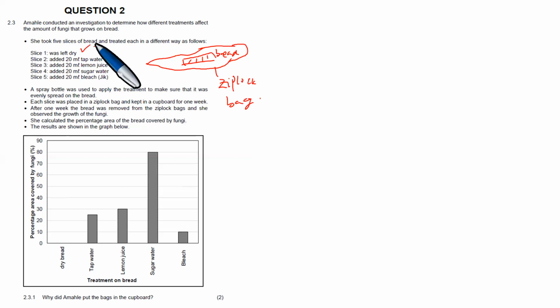The first slice was left dry. The second one had tap water, then lemon juice, sugar water, and then bleach. Obviously she put everything there, and then she took this bread and she put it in the cupboard. Why the cupboard? We can see that Amahle understands life sciences, and the reason why that is the case is simply because fungi